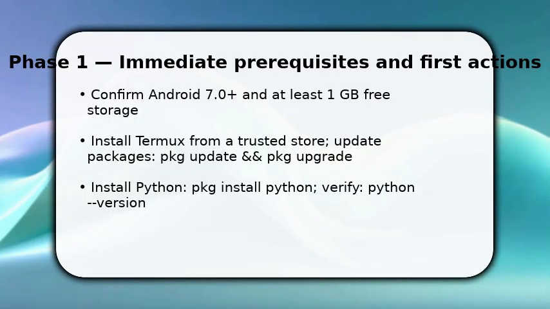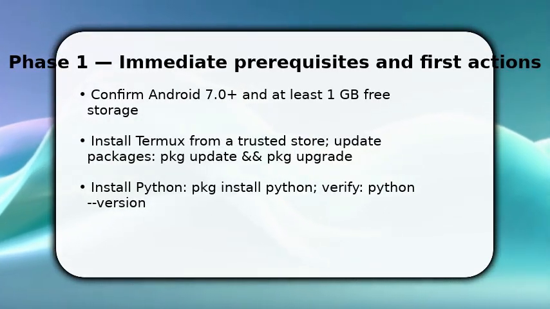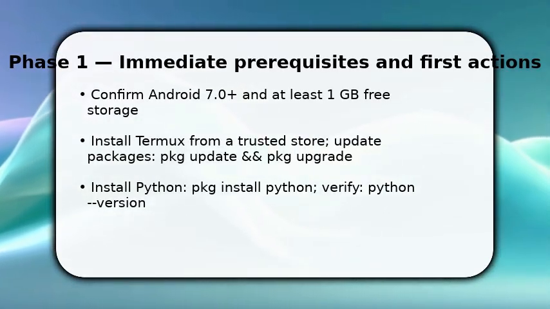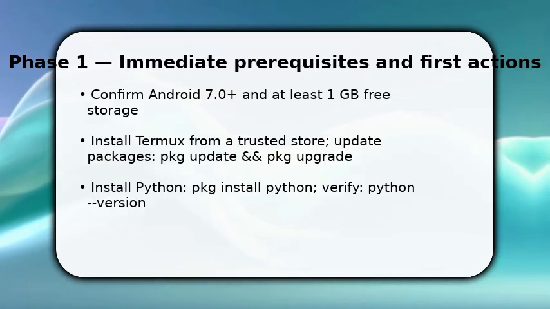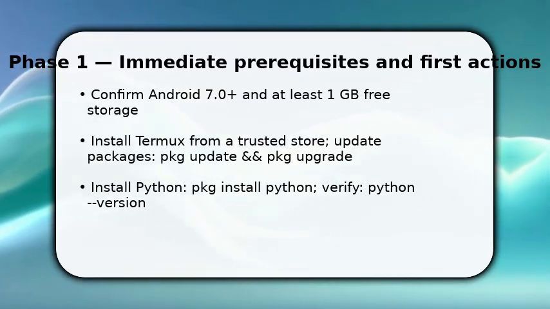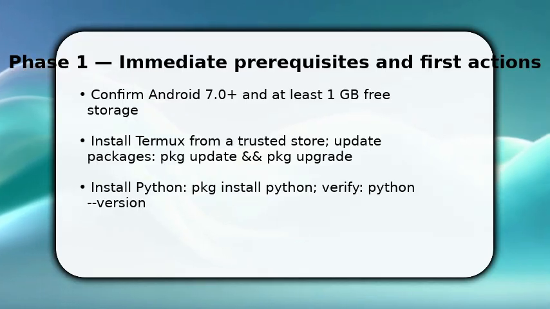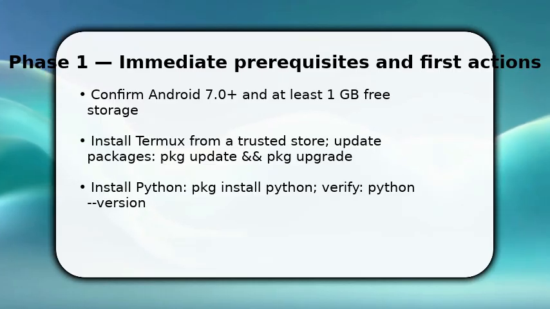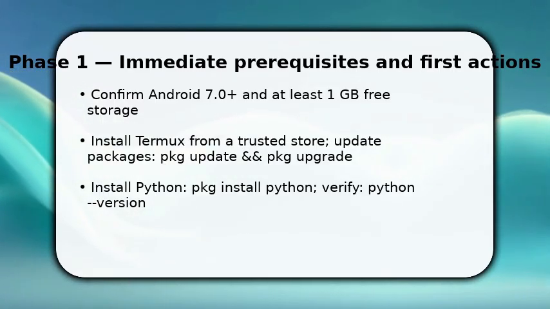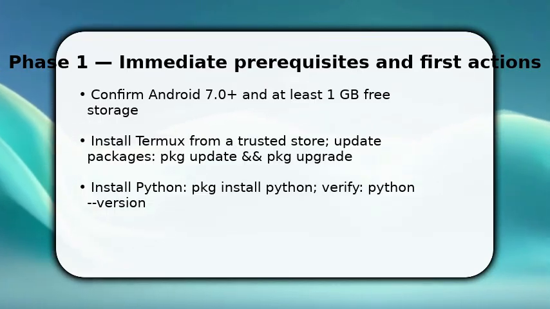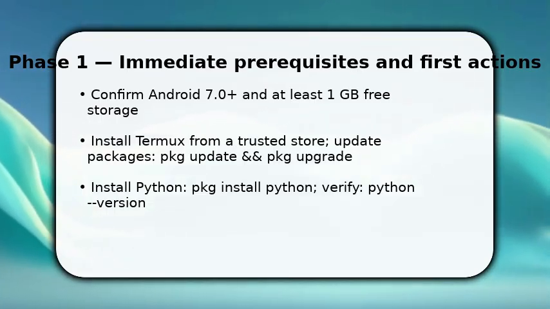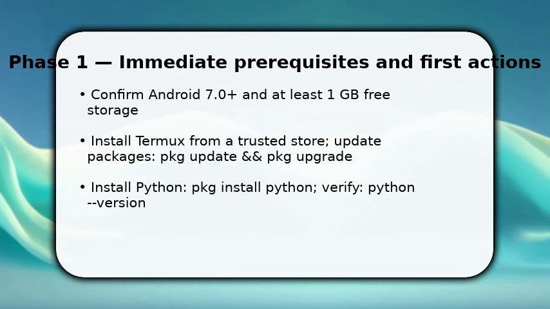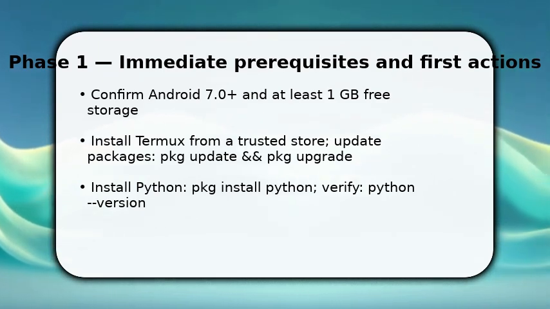You begin by prepping your device and getting Termux installed because this gives you a true Linux shell. First, make sure you have Android 7.0 or newer and about 1 GB free. Once done, install Termux, open it, then run pkg update and pkg upgrade to refresh packages. Next, install Python with pkg install python and confirm with python --version. This step gives you the interpreter and pip, so you can run scripts and install libraries just like on a